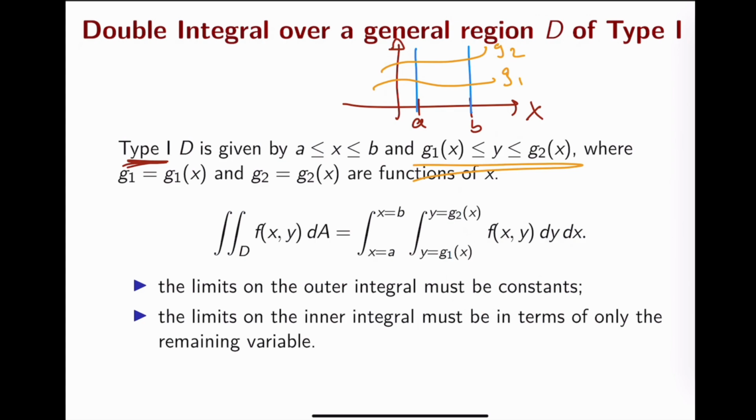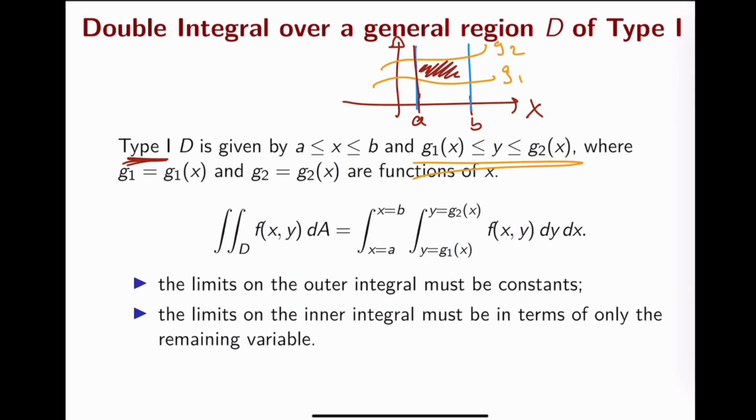So we have a domain defined where the x varies between two constant values and the y varies between two functions, and these functions depend on the other variable. So in those cases, the double integral over this region is going to be calculated in this